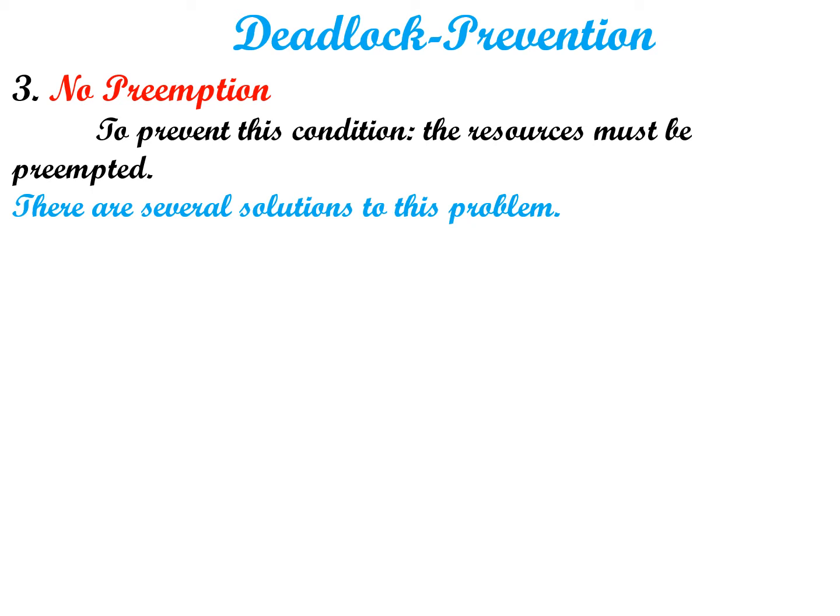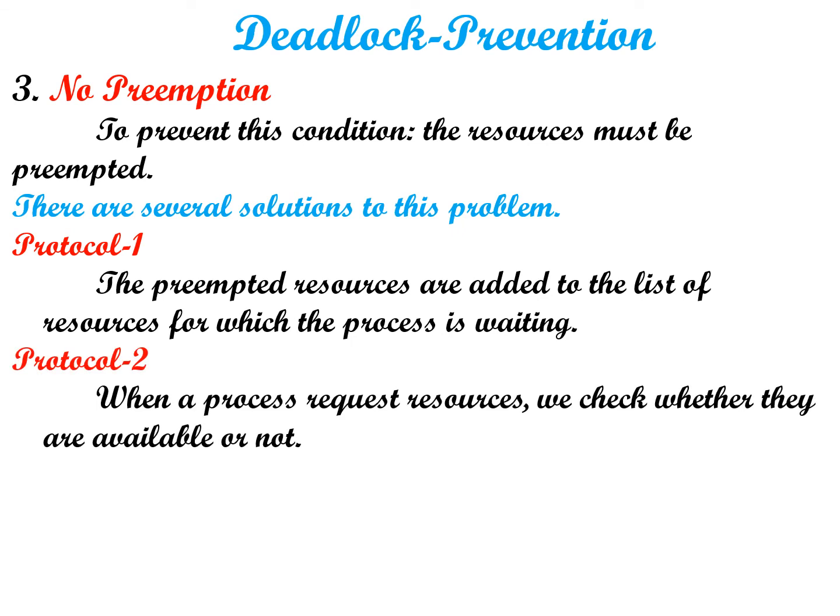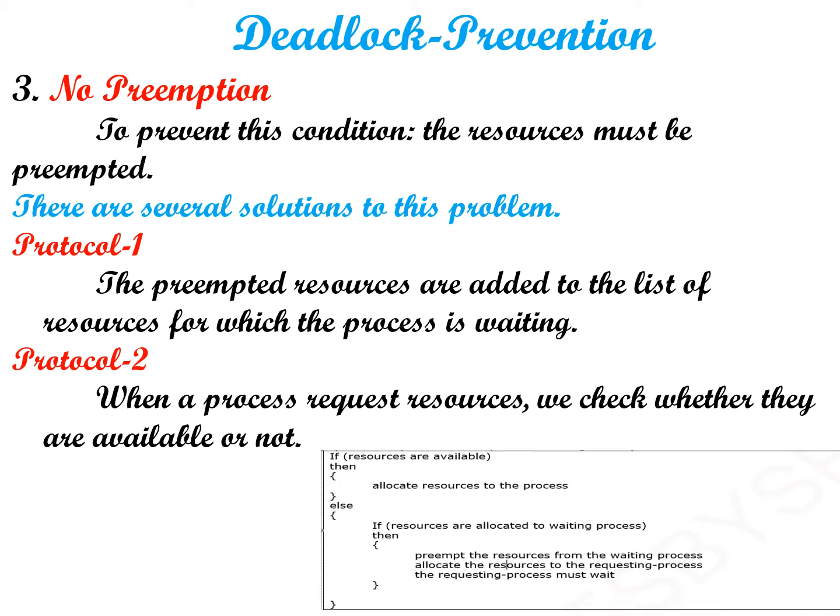By doing so, we can remove the deadlock, but there are certain things that should be kept in mind before using this forceful approach. If the process has a very high priority or the process is a system process, then only can the process forcefully preempt the resources of another process. Also, try to preempt the resources of those processes which are in the waiting state. So these two conditions should be remembered.